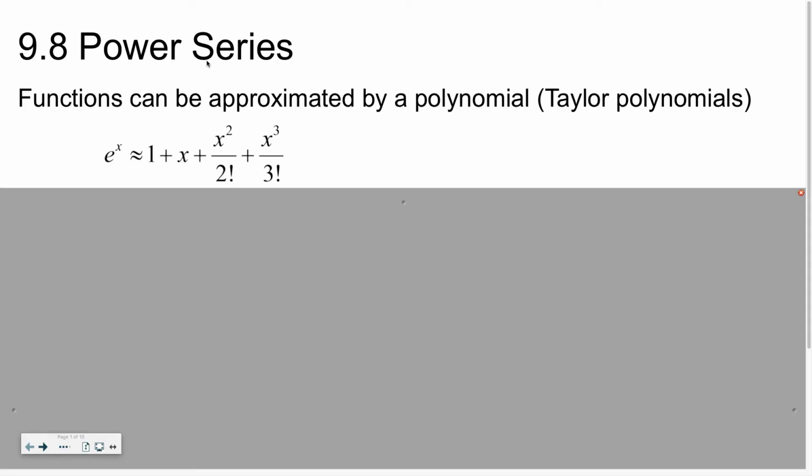Okay, so as we've seen the past couple days, functions can be approximated using Taylor polynomials. E to the x, yes. You don't need to write this down because you already know it, right? If we approximated e to the x,